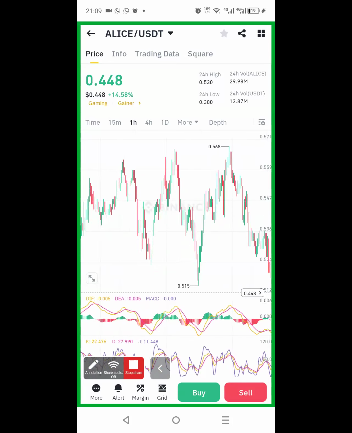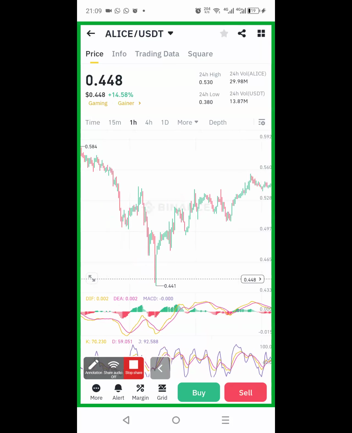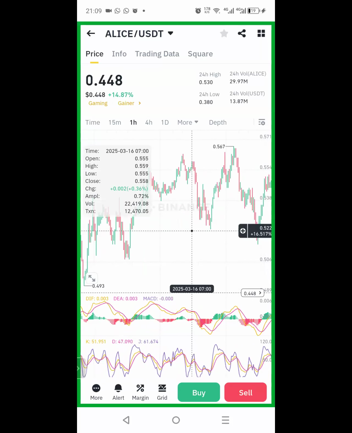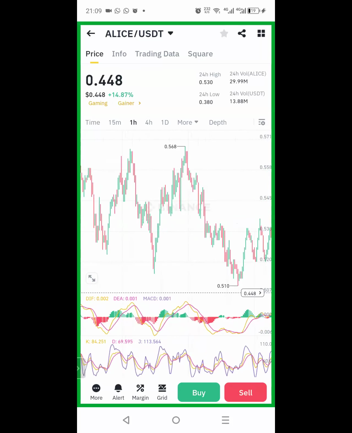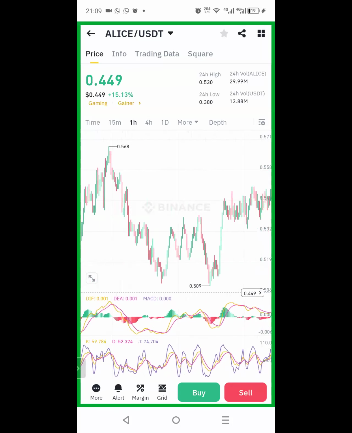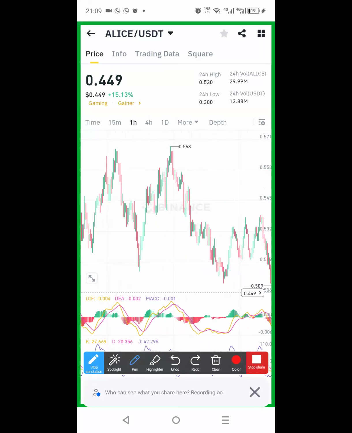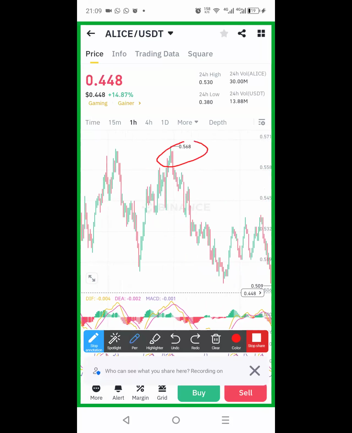So this is what I'm saying. From this lowest low here, this coin is moving in an uptrend manner, if you can see ahead. When the coin reaches this area, let me circle it for us, it stopped. Maybe this particular coin met its resistance here. That's why it began coming back down.